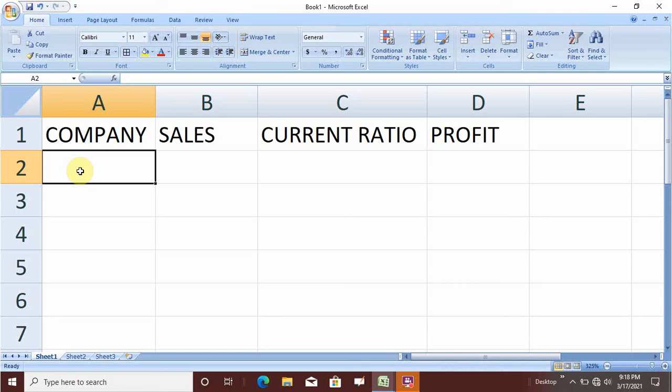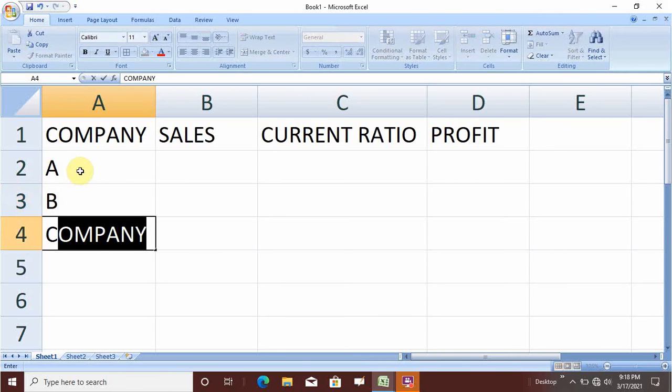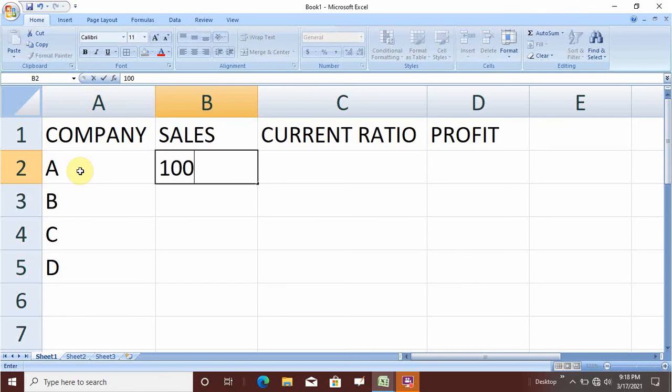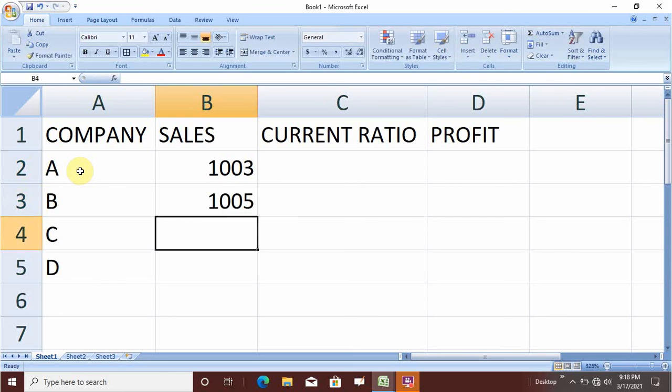Suppose you have four companies A, B, C and D, and suppose the sales given for those companies are 1003 crore, 105 crore, 1500 crore and 2000 crore.